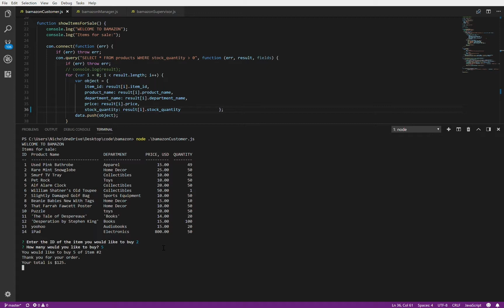And that shows here that we've bought 5 of item number 2, and it calculates the total of the sale. Since we bought 5 of 25, that's going to be 125, and that is shown right here. It is giving you the product of 2 of the tables. And so that is the customer interface, and just to show that it is working,